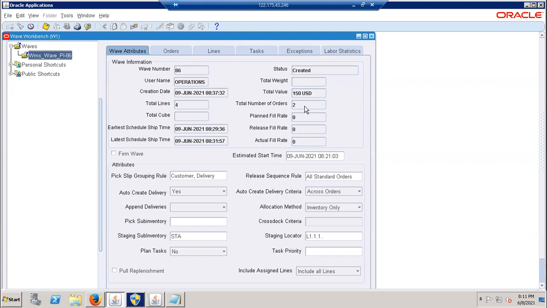See, why we will be using this is because some customers will always have high priority orders. If you try to do this wave planning, it is easy to ship all the orders with respect to one customer in one bucket.